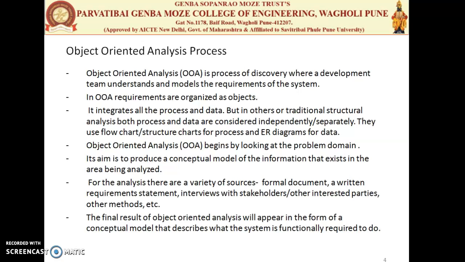Now again I am repeating the five functions of the object oriented process. The first is to find the object, the second is to organize the object with the object model, the third is to explain the communication between the objects, the fourth is to set the characteristics and the behavior of the object, and the fifth one is to set the internals of the object.